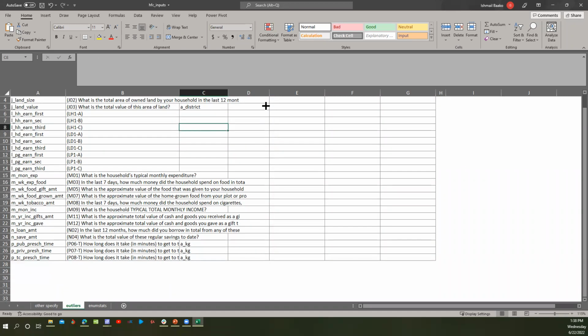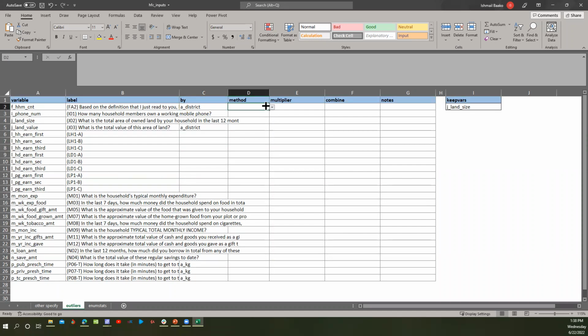Then method allows you to specify, for each of the variable lists that you have for each of the rows, if you want to use the interquartile range or the standard deviation method of flagging outliers. The default is to use interquartile range. So if you don't want to use interquartile range, and you prefer standard deviation for whatever reason, you can just switch it by selecting standard deviation.